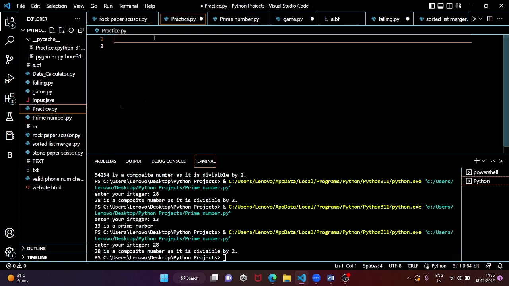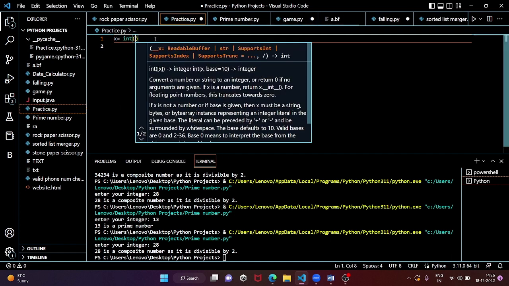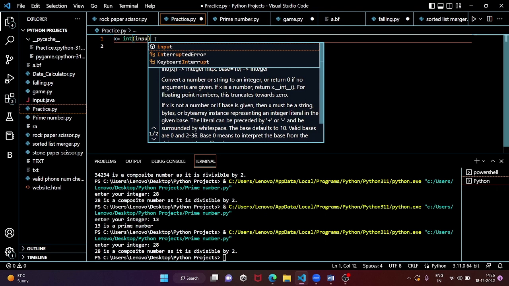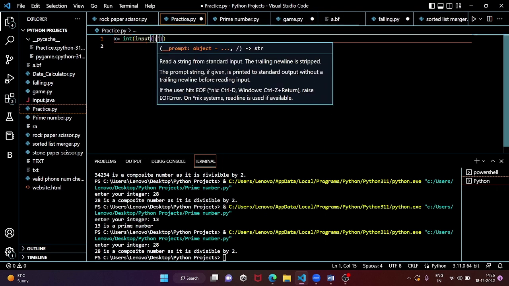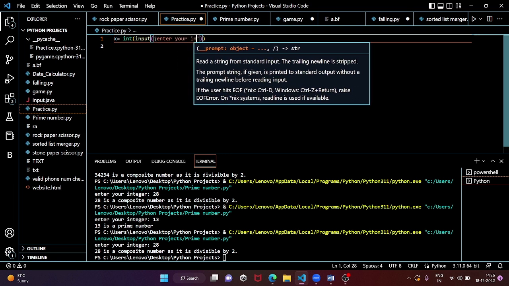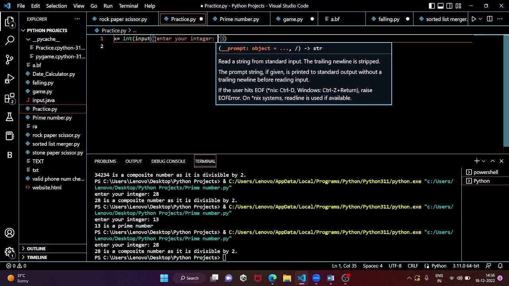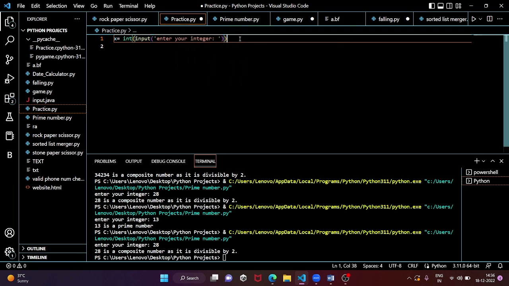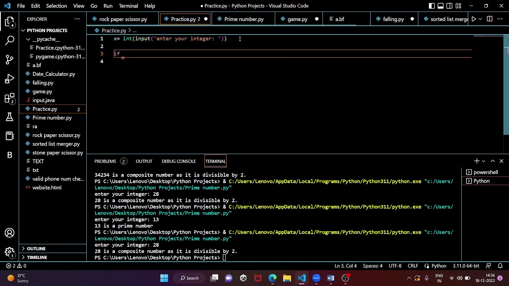So let's get started. First of all, we're going to get an input from the user. I'll put it into the type input int, and then we'll be asking, enter your integer. Once we're done with that, then we're going to create conditions. If